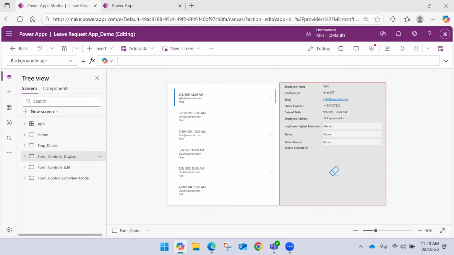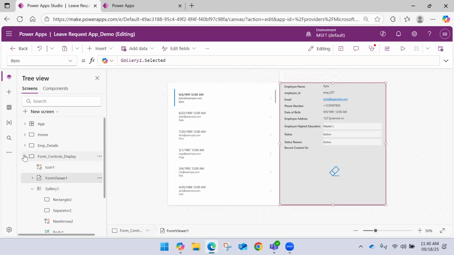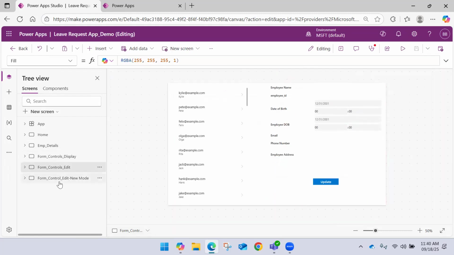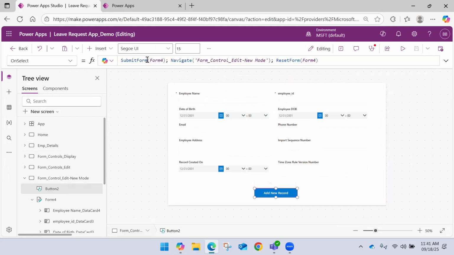Meaning, whenever we use the form controls to edit the data or create new data, we should use SubmitForm and give the form names. But Submit is usually used inside the component